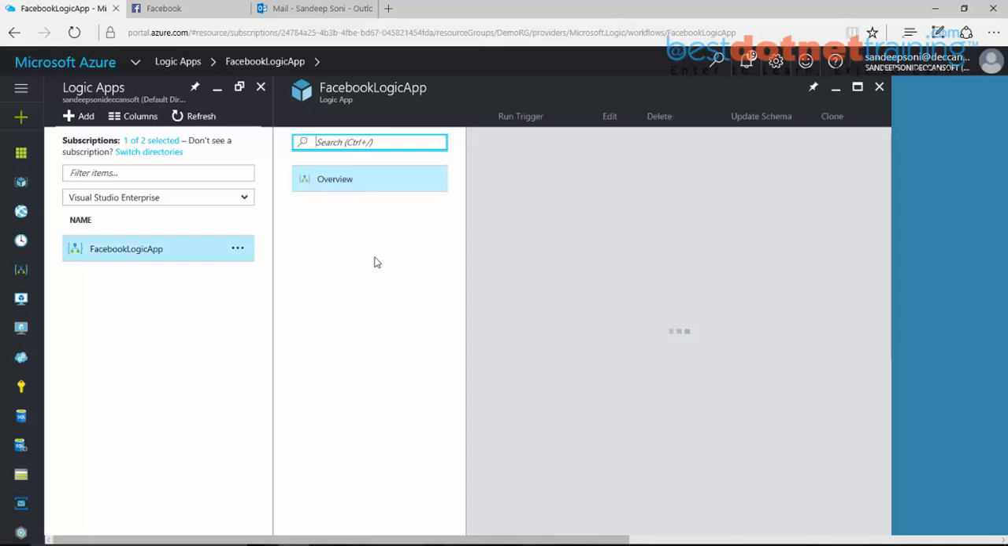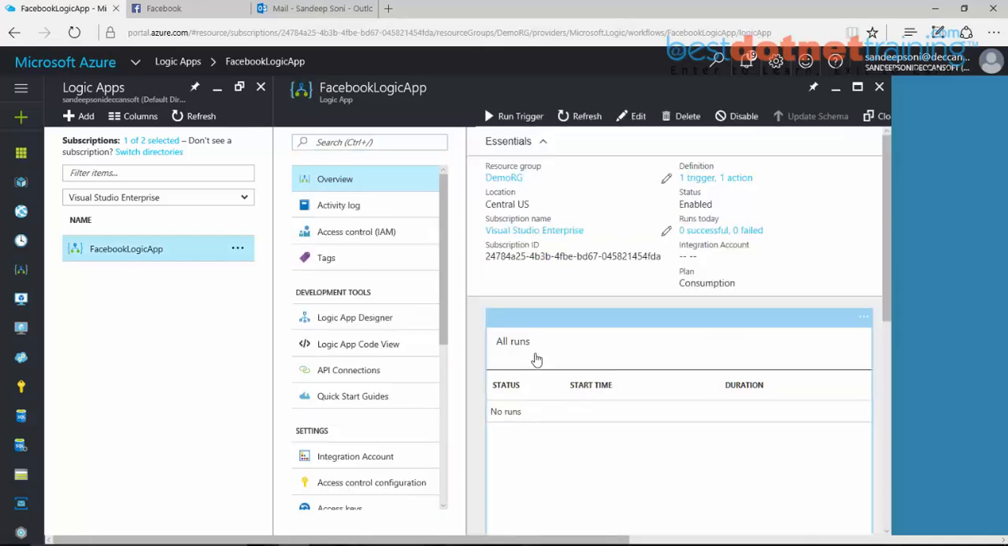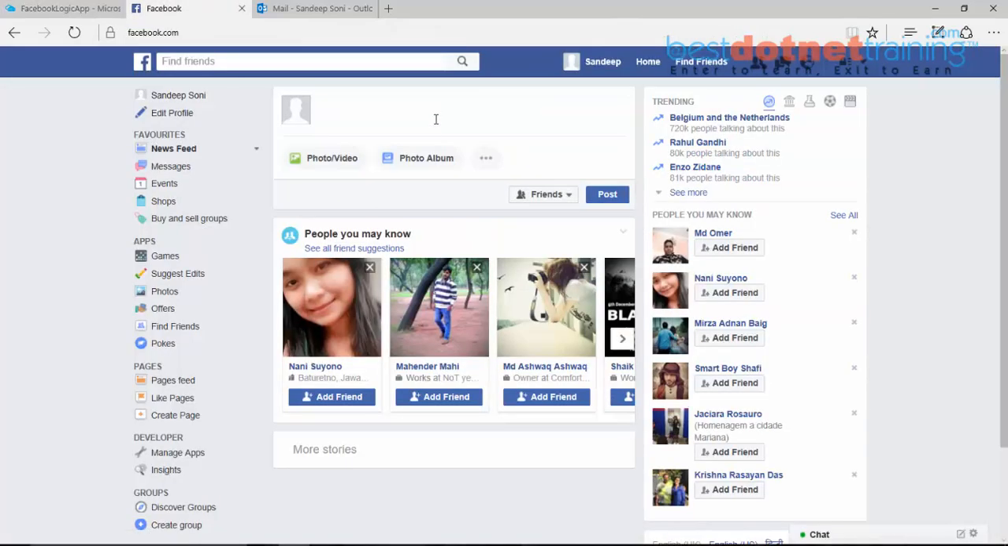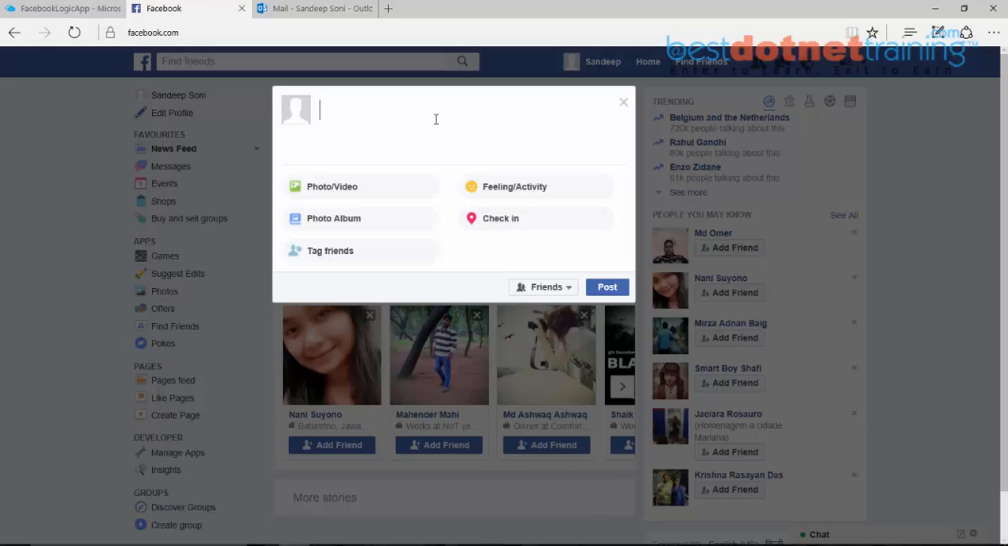Facebook logic app, and here you will see that right now there is no runs. That means the trigger has not yet fired because there is no message posted on the Facebook wall, Facebook timeline. So I am going to post a message here. So say I want to post a message. Hello,